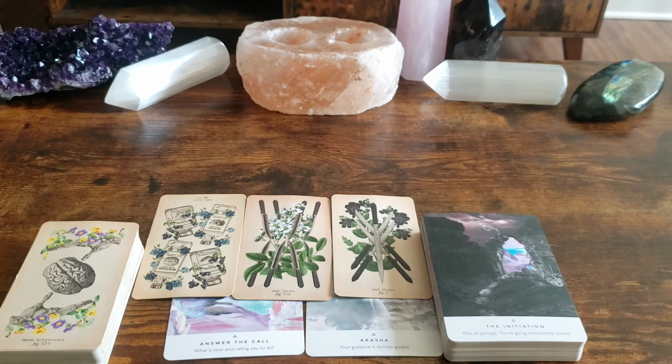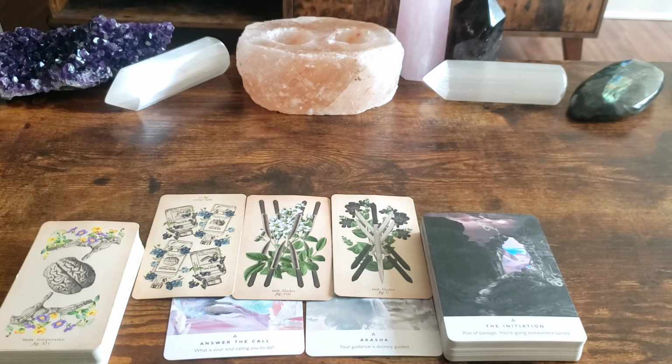Let me see what's happening here with these oracle cards. Oh my goodness, cards flying all over the place. I'm debating on whether or not I'm taking all these cards. It's like 5 cards. No, we're not. We're going to reshuffle because it's a lot. Then again, your pile is a lot. It is, and I understand why it's a lot for you, but